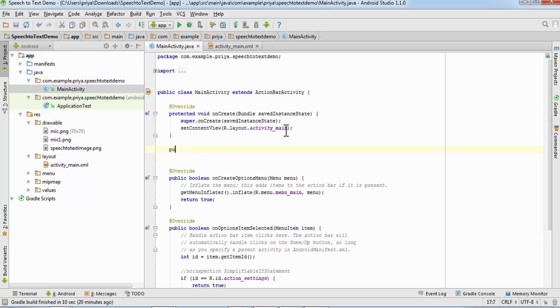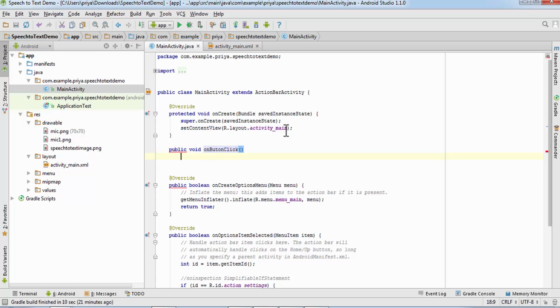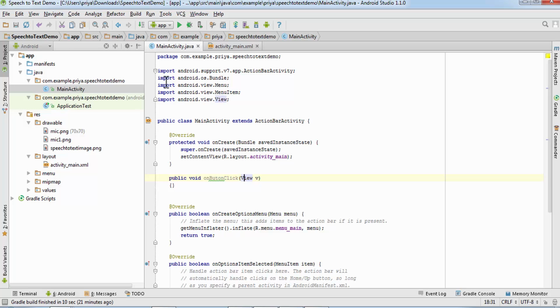So write public void on button click, and here in the parameter get one view object, and to resolve this error hit alt enter. So view.view will get imported here.